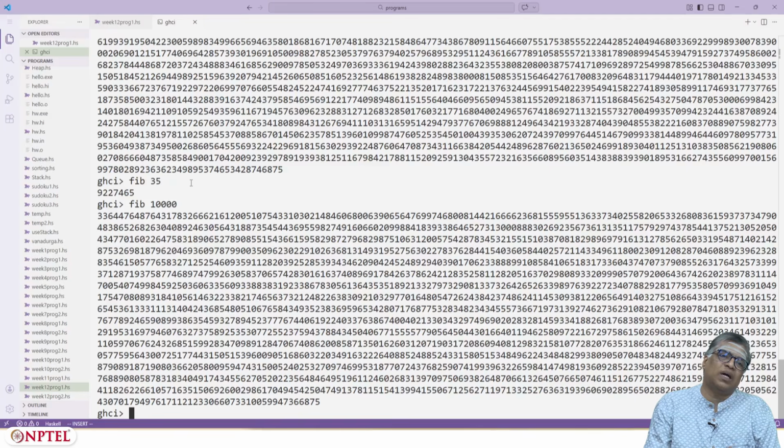So, this illustrates how much savings you can get when you avoid wasteful recomputation. Even fib_naive of 35 took forever to compute, but fib of 100,000 is trivially computed, right. I hope you appreciate the difference in the two programs, and it is purely algorithmic. There was no Haskell trick or anything that we applied. We just observed that some computations are being done wastefully and we want to avoid that.